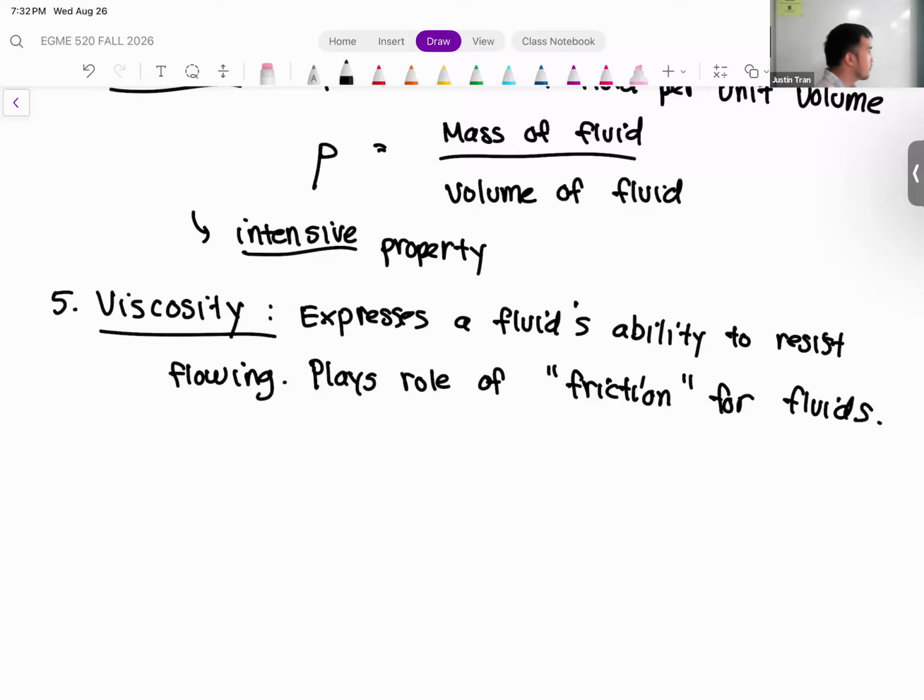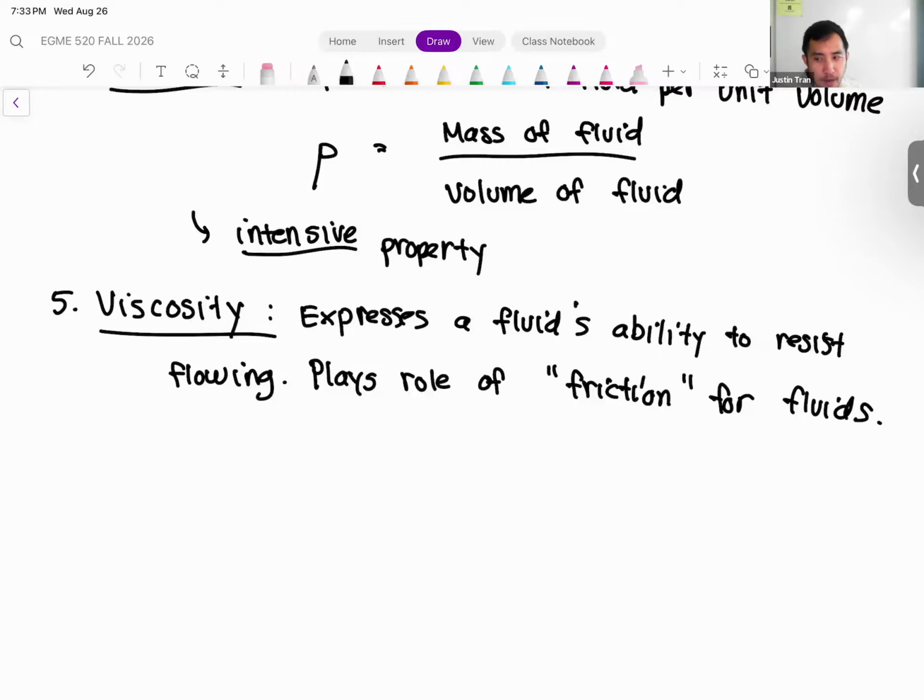It's not quite the same, because friction is not really an intensive property. Friction depends on a lot of different things, and it's actually pretty complicated if you get into the weeds of it. But think of how friction works for solids. If I were to take an object like this phone and try to push it across the table,